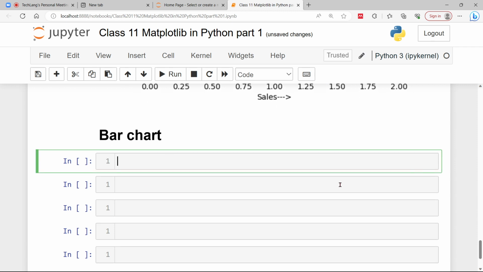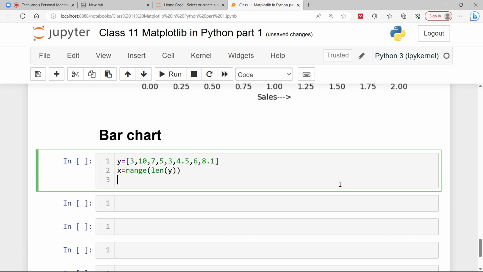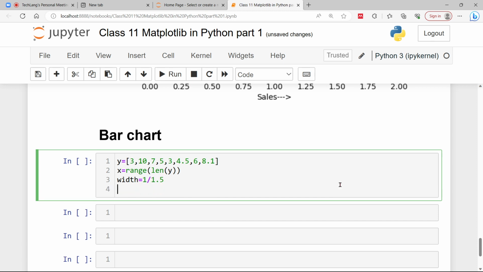For bar chart, we need to create first the y value, and this y value will be, let's say, some random values: 3, 7, 5, 3, 4.5, 6, 8.1, and then x will have a range, and the range will be the length of y, right? So width would be 1 upon 1.5,